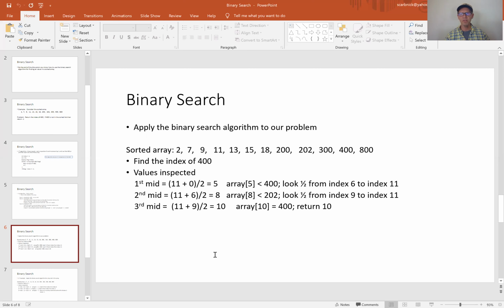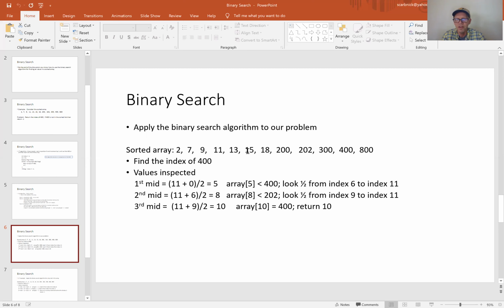Okay, and if that middle position is less than, so we're looking for 400. So the middle position is that we just take the index of the last minus the index of the first and divide it in 2, we get 5. Okay, so if we go to index 5, which is 15, we know that 15 is less than 400. But because it's sorted, we also know that everything to the left of 15 is less than 400. So there's really no need to check them. So again, you have to have a sorted list. Okay, but 15 is less than 400, so that's got to mean that everything to the left of 15 is